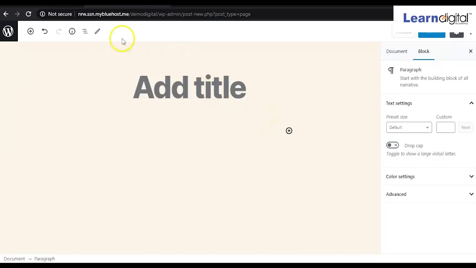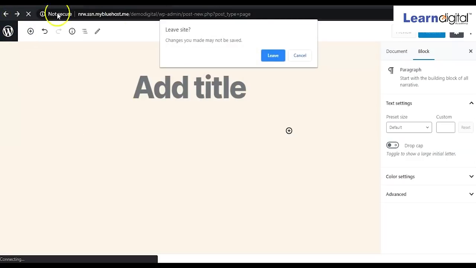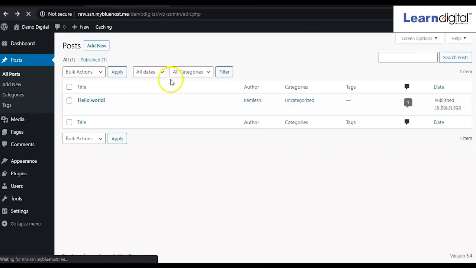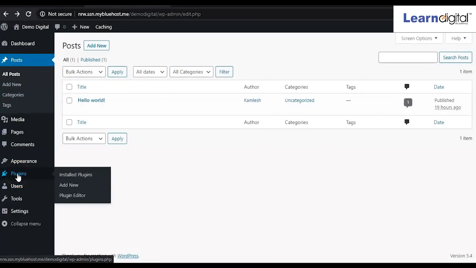But for making it more user friendly, what we'll be doing, we'll be installing one plugin that will make this dashboard user friendly. So in that case, now we'll have to install a plugin. As of now, no plugin is there.